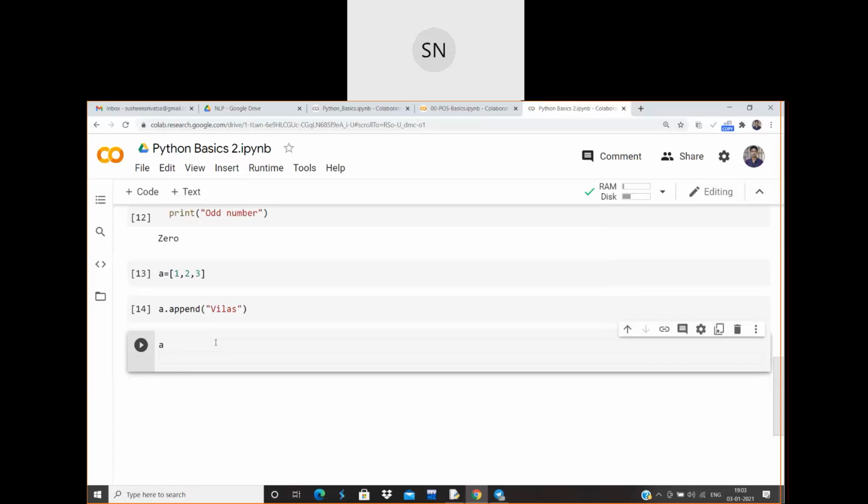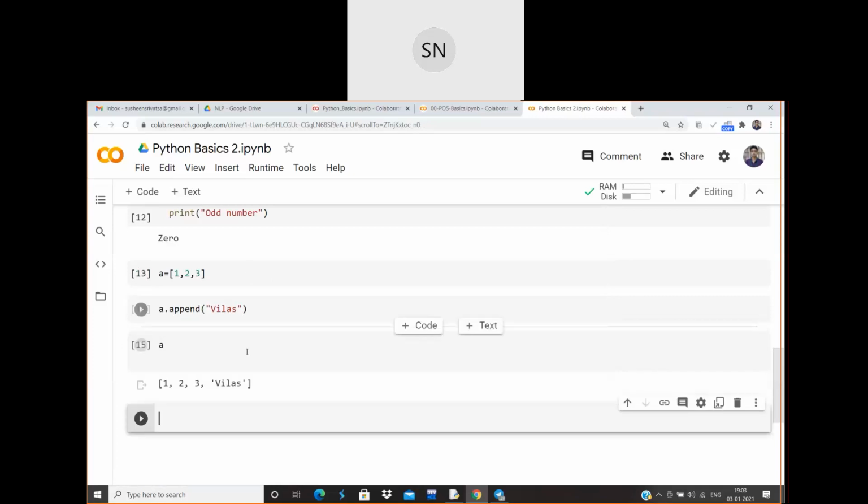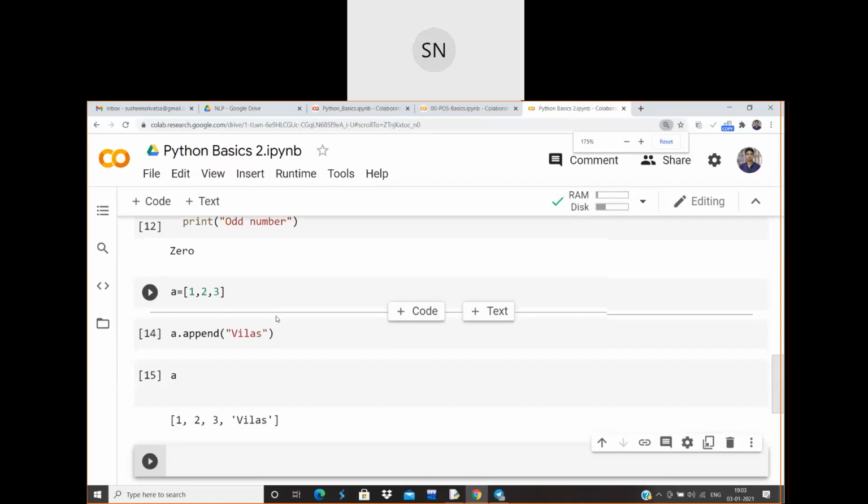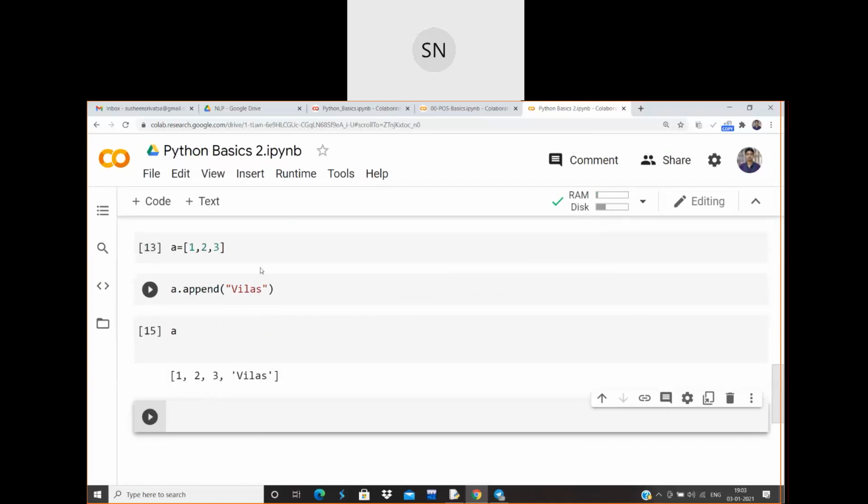See, did you notice the difference in what I am typing over here? I just initialized the values of a list to only integers. Then I added the name of Vilas in this list. So when I execute the value of A in that particular list, the Vilas name is added at the end position.